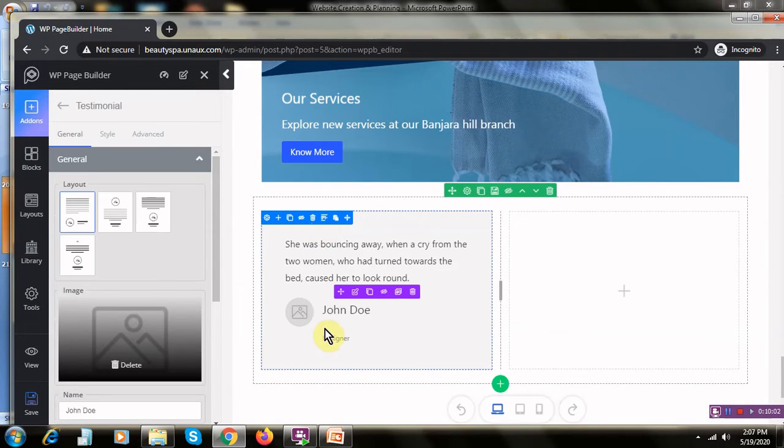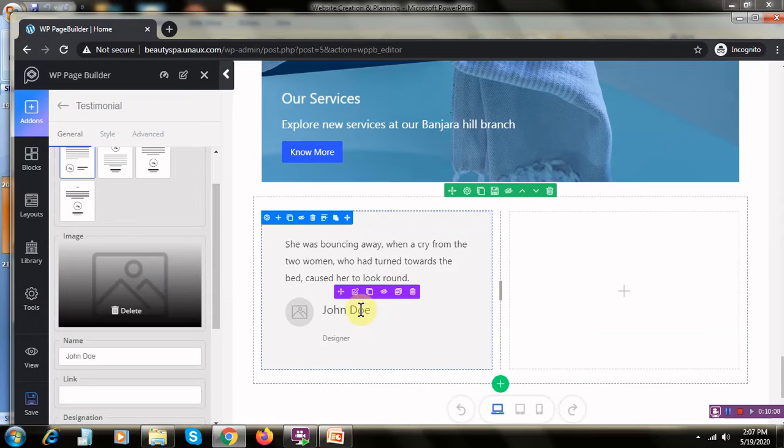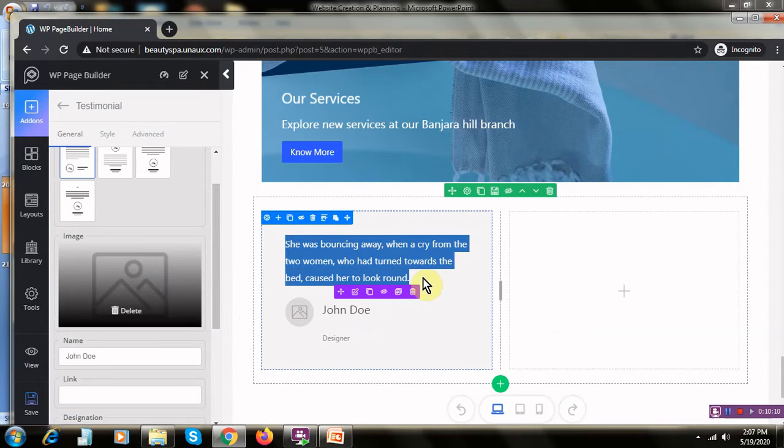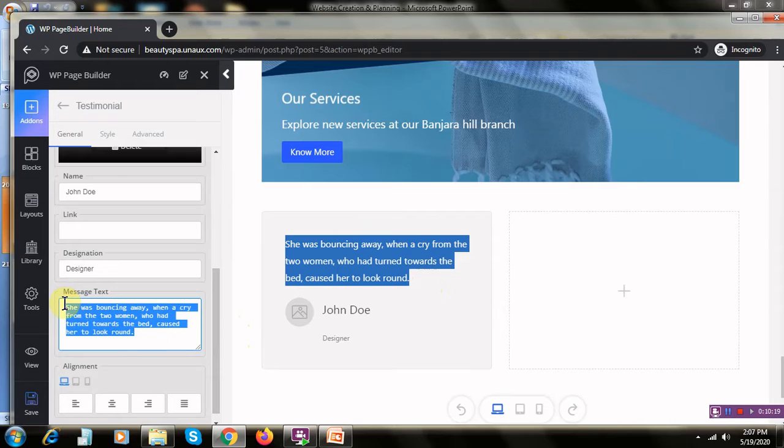Once it is done, you can have the image of the person that you have here, and you can edit these lines which have already been predefined. Where is this exactly? Yeah, this one you need to edit.